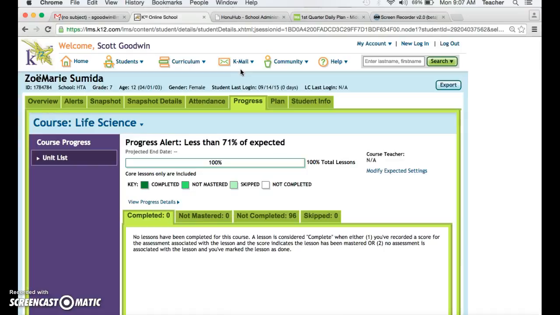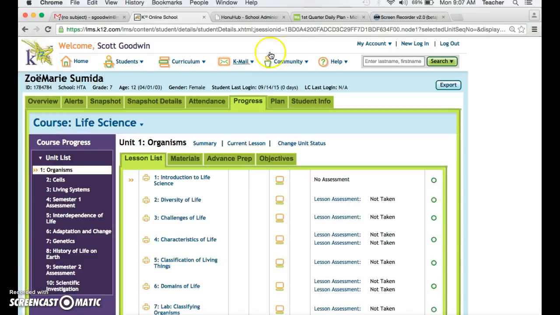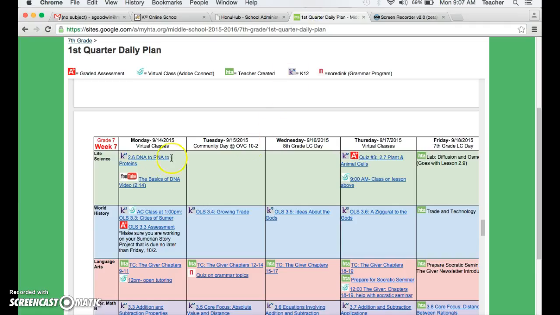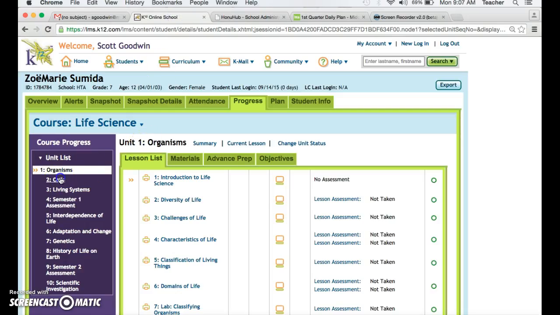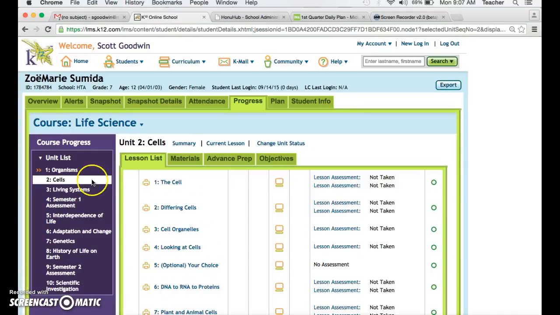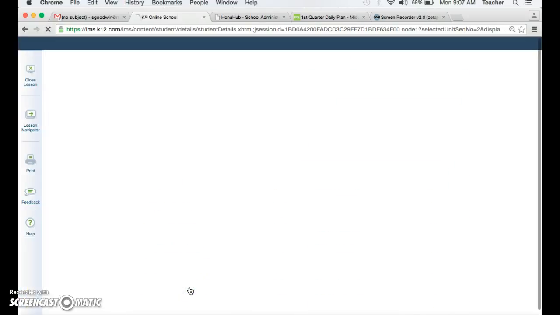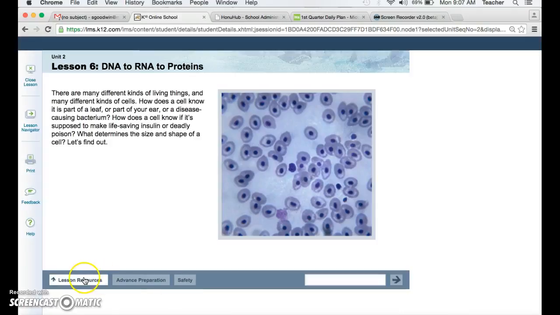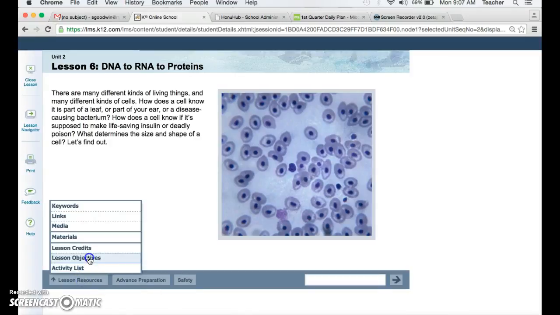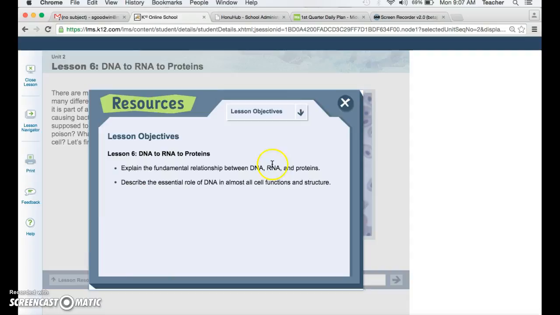As this is loading, we want to open our unit list, and we're going to click into today's lesson. It's 2.6, so Unit 2, Lesson 6. So I'm going to click Unit 2, and then when you click into Lesson 6 right here, it starts your lesson. It's got slides, and it'll have your lesson objectives here